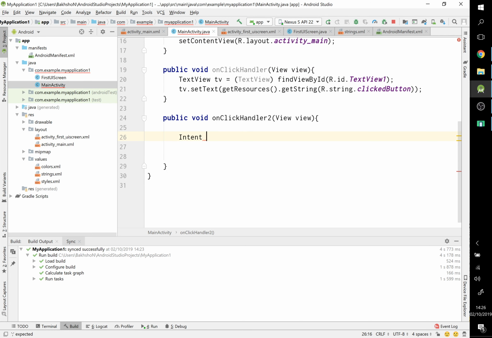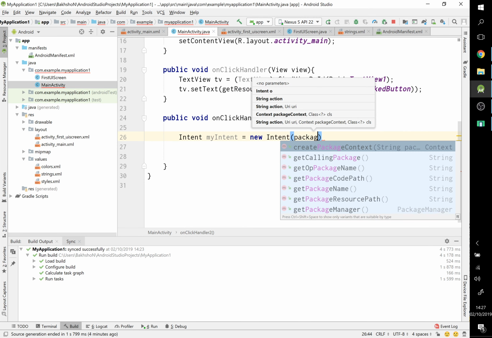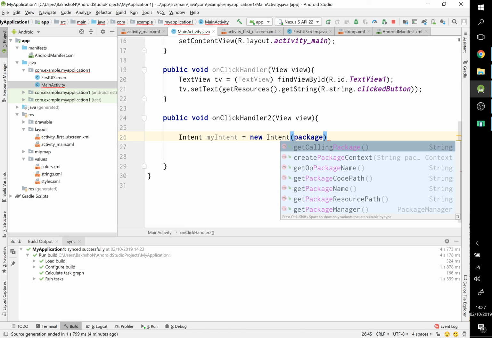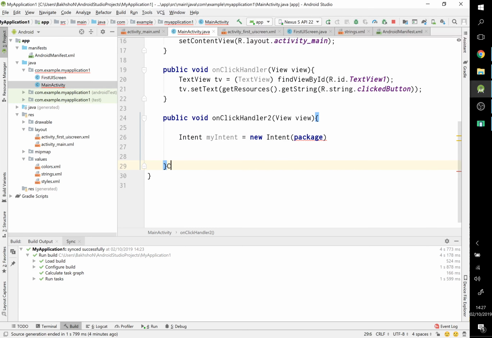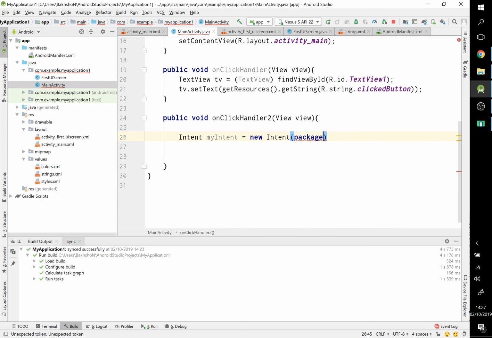Now, what is an intent? An intent is often something you are going to do. And let's call it myIntent. And my intent, I create a new intent. And what I want to do is, within the context of this particular package, so let's go package context. Let's find the right, where is it? Oops, I'm jumping all over the place. Give me a second. Package context